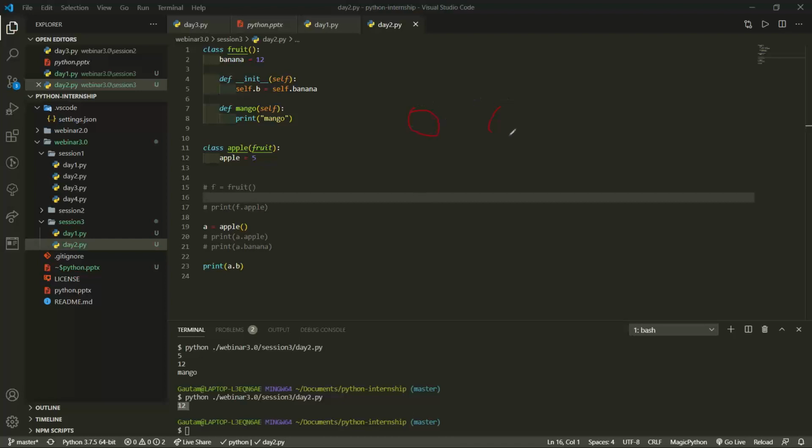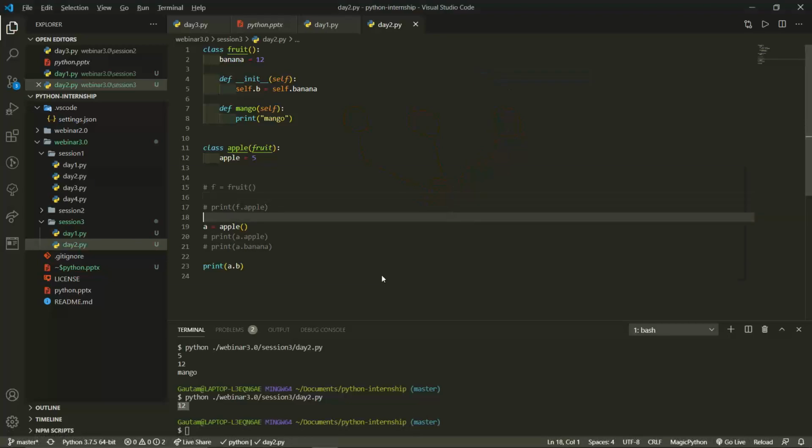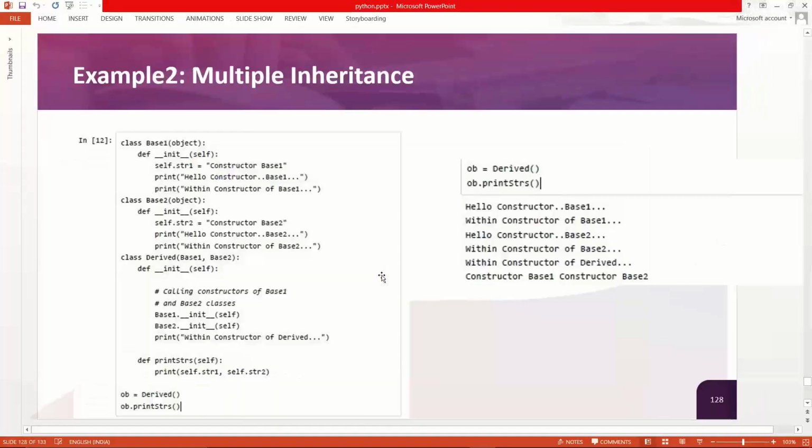These are the base classes, maybe two, maybe three, and all base classes are connected to one derived class, and this is what multiple inheritance is. The previous inheritance was a hierarchical structure: one base class and multiple derived classes. That was hierarchical inheritance. Now this is multiple inheritance: multiple base classes and one derived class. I will erase this now. Let us take an example of that.